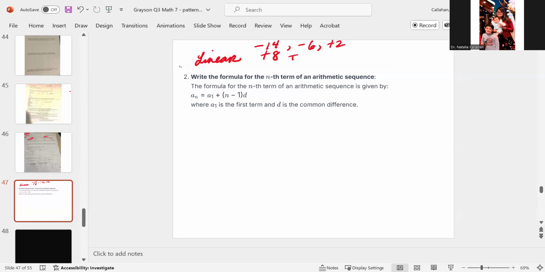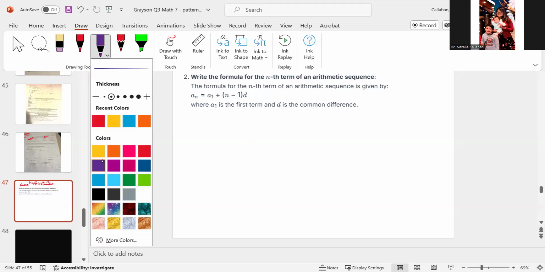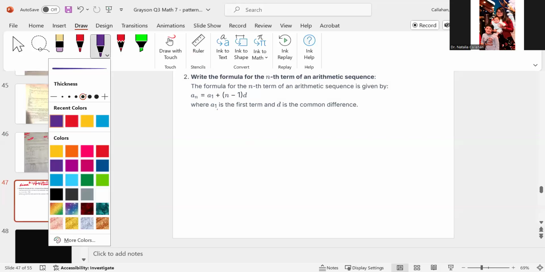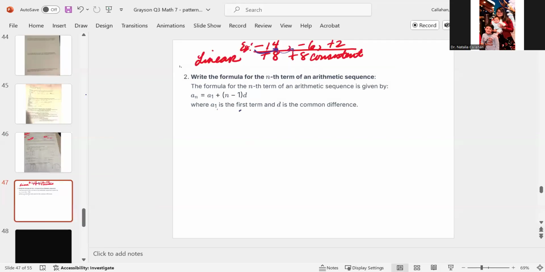So I'm going to put an example like this. You're going from here to here, it's +8, right? And then from here to here, it's +8, correct? So for linear equation, this is your arithmetic sequence. Arithmetic sequence, you want to copy that part down,